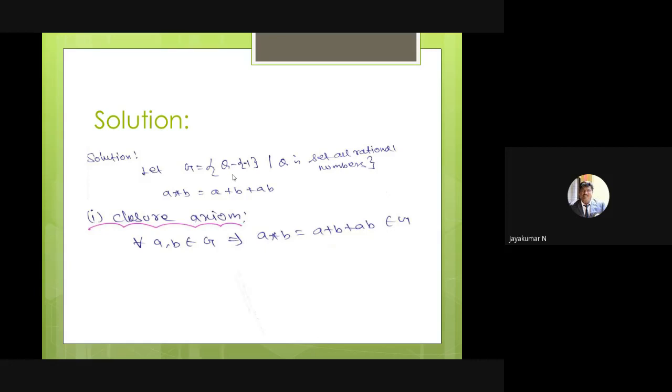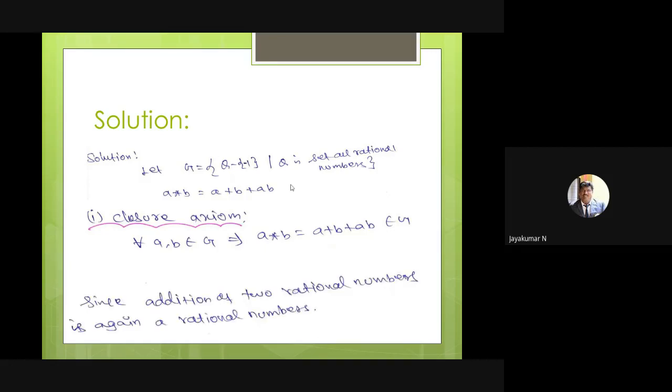In a similar way, you have one more problem when you search your plus 2 book. That is, I think, q minus 1. The operation is a star b is equal to a plus b minus ab. I think so. You can refer to that problem also. Try it yourself.